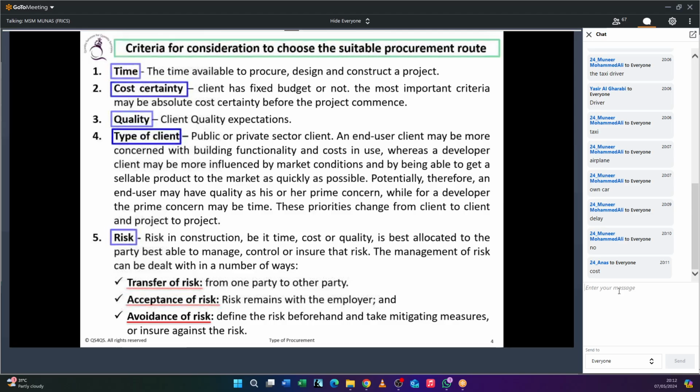Or he doesn't want any problem with the design, so let's go for a third party. But let's say some iconic designs have the risk of structural collapse, or sometimes a risk of damaging the entire structure if you go for that design. Can we do that? Is it better to do? Maybe it's risky. So what do you do now? Let's avoid that risk. We don't want this design. Let's go for a different design. That is avoiding the risk.